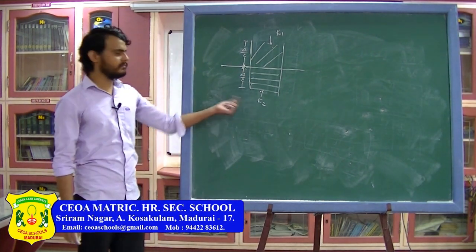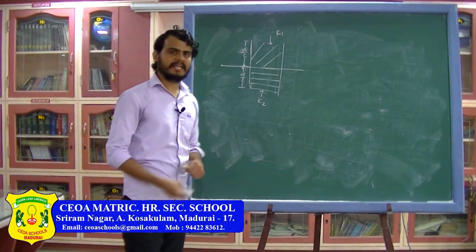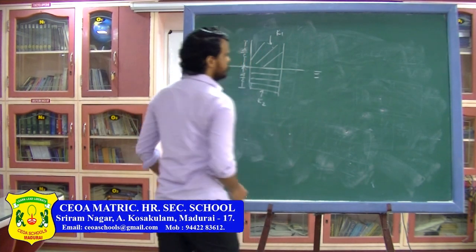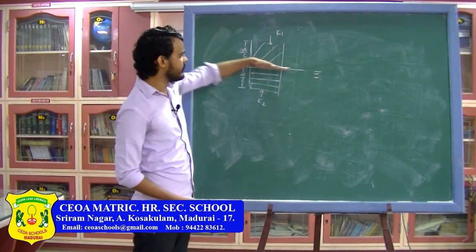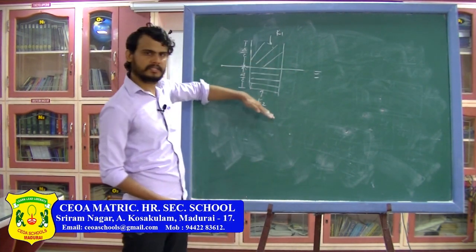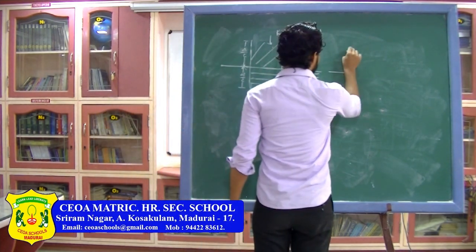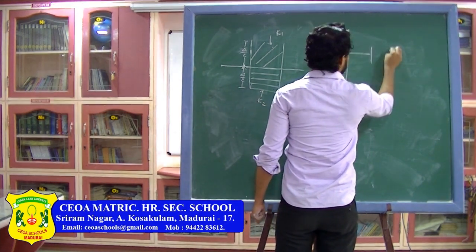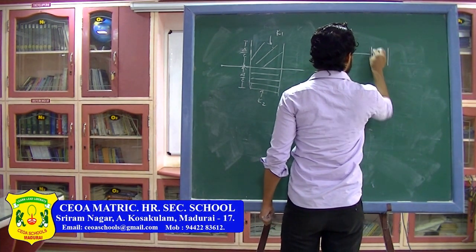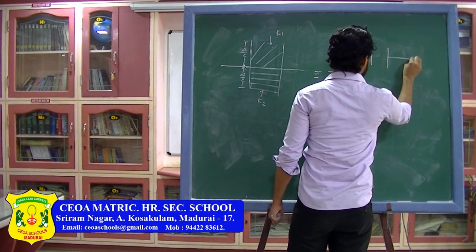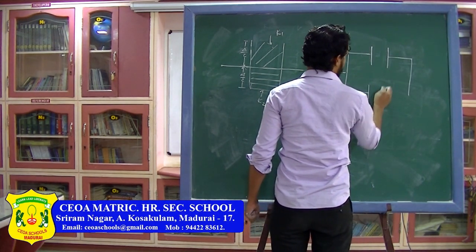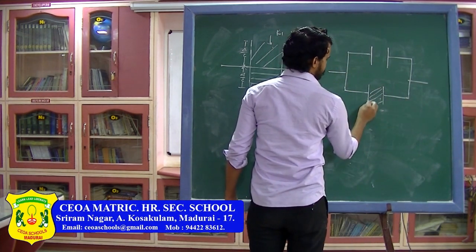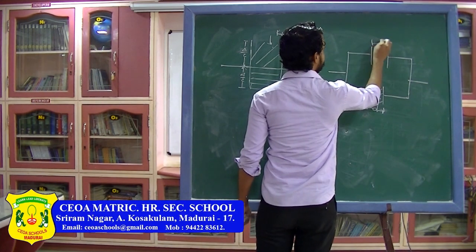Now we have to find the capacitance of this one. Just like I have done in the previous section, I can do the same thing here also. I can consider it as two capacitors. I can cut the capacitor from here and I can separate these two capacitors. So I can redraw the diagram like this. Here the distance between the capacitor plates will be d.